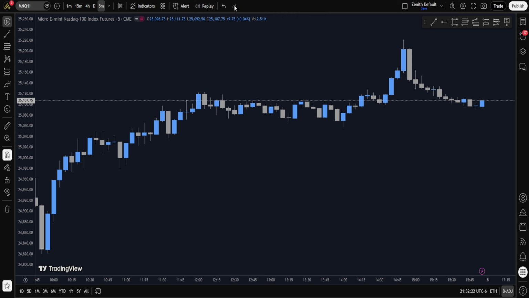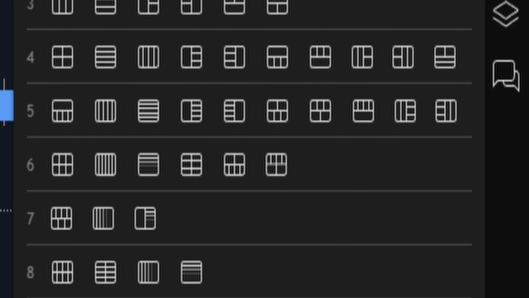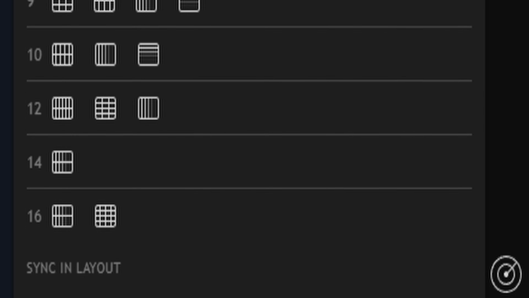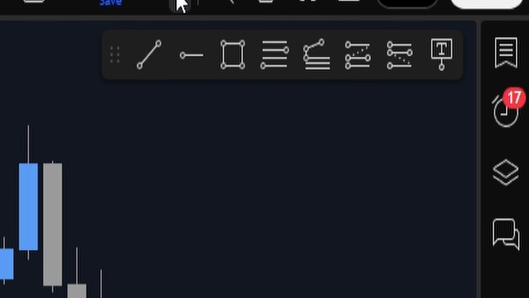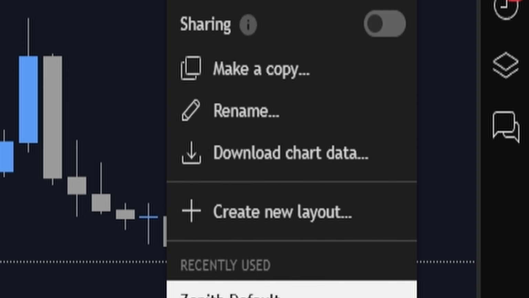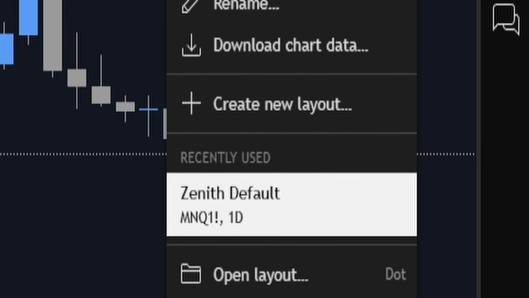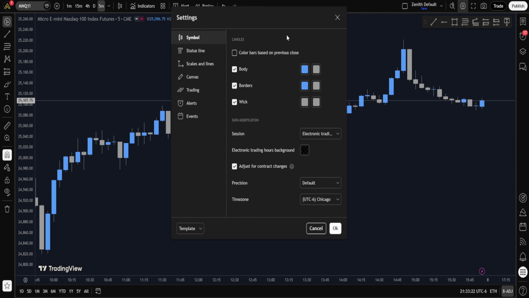Toward the right side of the top bar, you'll run into layout setup, which allows you to load multiple charts at once for easier comparison. Since you would need a paid version, I won't go into this one, just know it's there and you can see multiple time frames or charts on a single TradingView. Next to the layout setup is actually how you can save it once you finish customizing how it looks, which is one of the last two I'll be going over, the gear icon for your settings and the camera for capturing chart screenshots. This here would be the settings, and starting from the top you'll have the symbol,